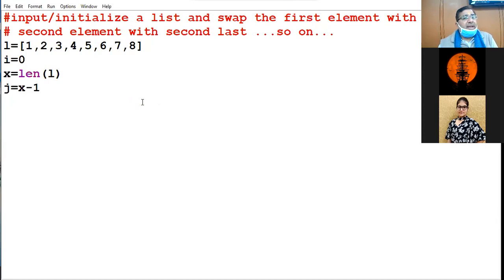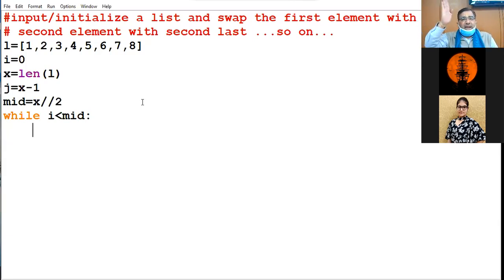Now, we are to find some particular point up till where we are to move. After all, there will be a place where we have to stop. So for that, let us find the mid. How will we find the mid? We will divide our length by 2 using the floor division technique. Now, till i is less than mid, I will move from here.